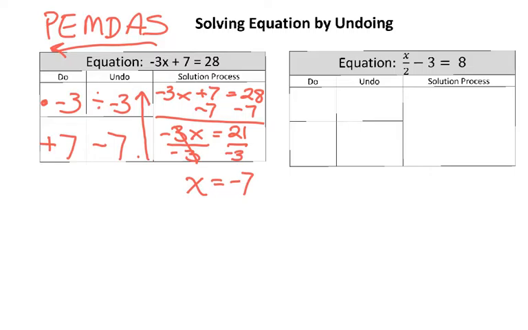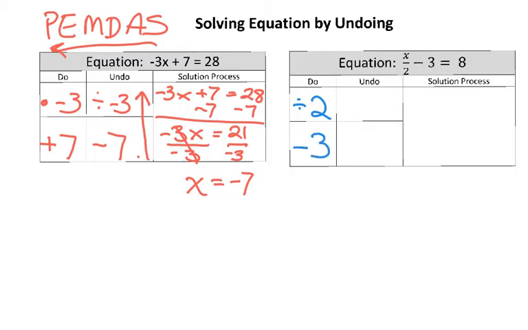Looking at x over 2 minus 3 equals 8. If we were to do the equation normally, following the order of operation rules, there are no parentheses, there's no exponents, and we would multiply or divide. In this case, we would divide by 2 first. Then we continue down our PEMDAS, and we would see adding and subtracting comes next, so we would subtract by